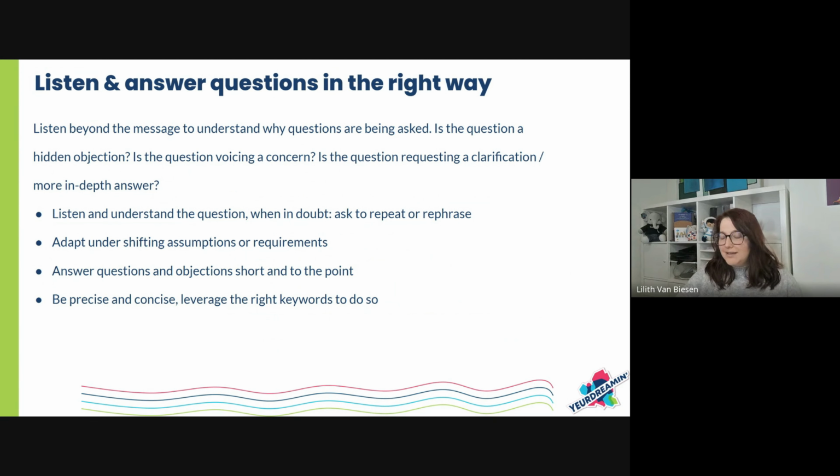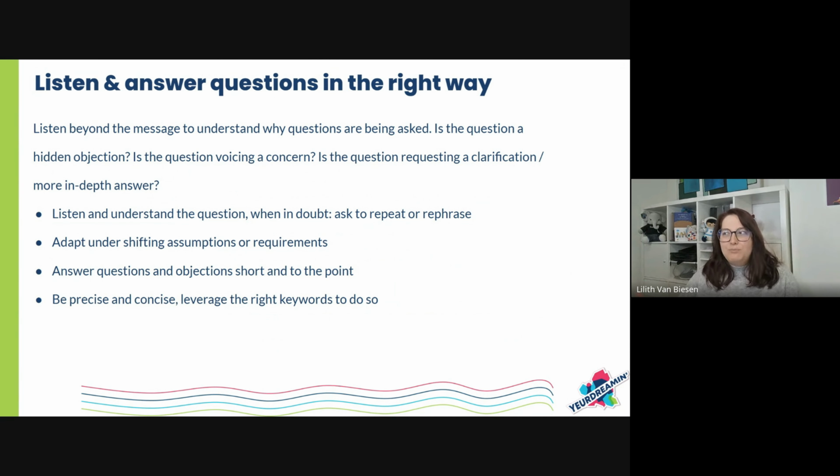And it could be, again, that you're misinterpreting what they're actually asking. So if you keep it short and to the point, you leave more room for them to actually get back to you and do a follow-up and ask, actually, I was more interested in this or that. If you go on a tangent, then it's more difficult to redirect the communication.